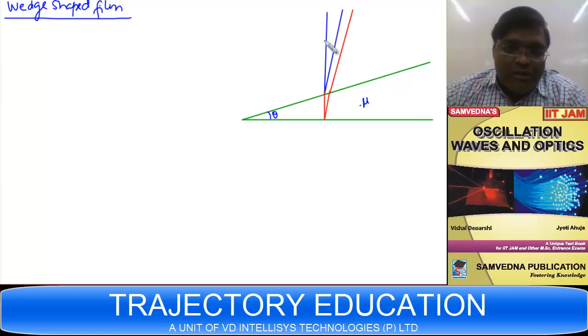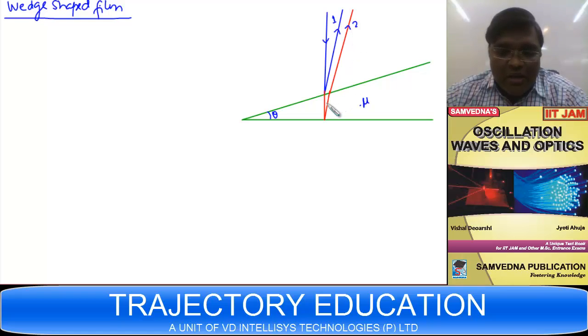So this is the wedge-shaped film. A beam of light is incident, almost normally, on the film. This is the light which is reflected from the upper surface of the film, and this is the light which is reflected from the lower surface of the film. So we will consider the interference between 1 and 2. 1 is getting reflected from the upper surface of the film, and the second beam is reflected from the lower surface of the film. So suppose T is the thickness,